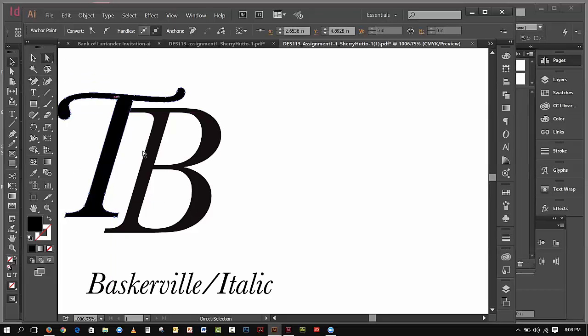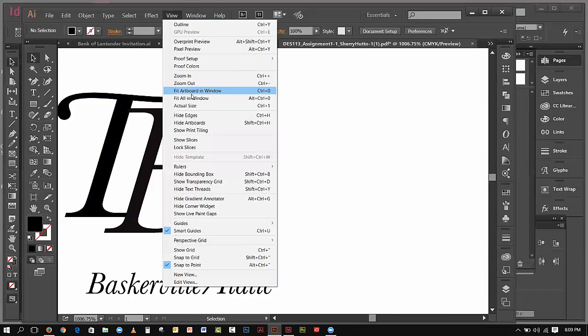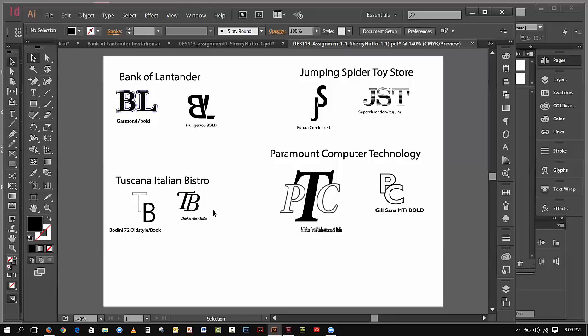I'll get the direct selection tool. And you know the difference between these tools, right? The direct selection tool, you know what the add anchor point tool is, what I'm doing, right, Sherry? Yes. So now I'm going to click on that point right there, the end point, shift, click on the bottom. You have to do both at the same time. Okay. And then you're just going to right arrow it over, and now you've created an interesting ligature, which if you go View, Fit Artboard in Window, you see how it looks a little bit nicer now, because instead of strangling it,